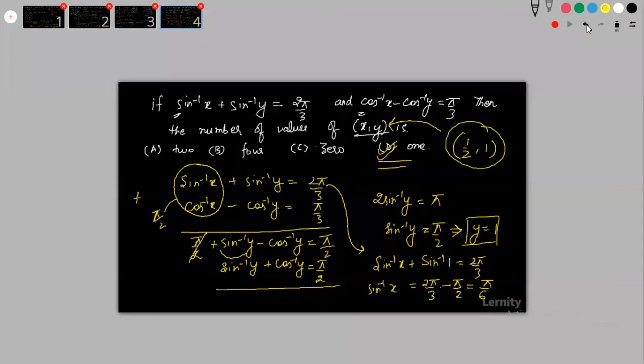Pi by 2, how much, anything? Lakshmi, we can substitute pi by 2 into cos inverse too, it is the same thing. It is exactly the same thing, bacha. We can convert pi by 2 into sine inverse of x, sine inverse of y, cos inverse of y. That is the only thing which I have done. You will get the same thing. Even if you write this as sine inverse of y plus cos inverse of y, or instead of writing this I write this thing, both are exactly the same and you will get exactly the same answer.